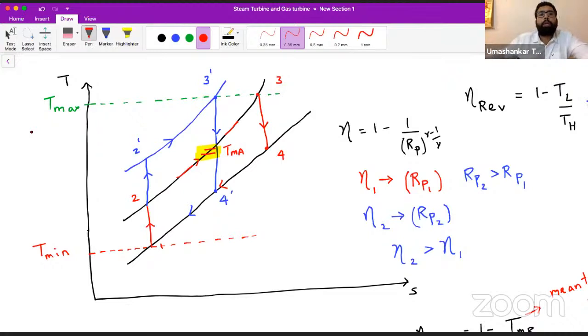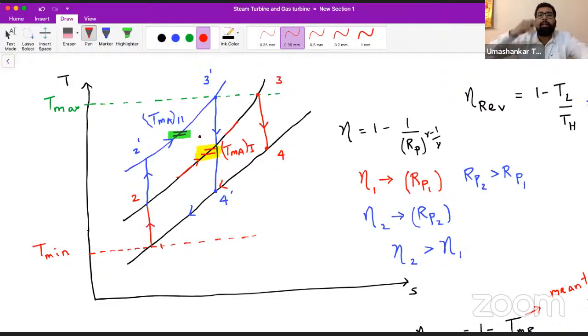So as compared to this red pen mean temperature, our new cycle is 2'-3'. What is happening? The mean will be somewhere in between 2' and 3'. So I am highlighting it. Let's say this is my TMA2, and this is my TMA1. So in comparison to TMA1,